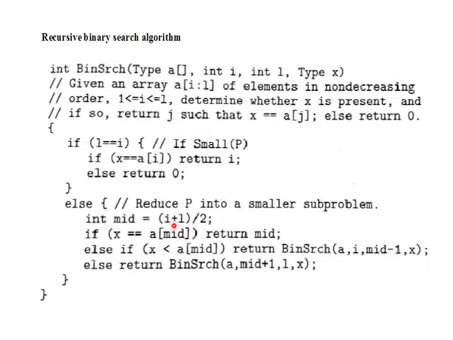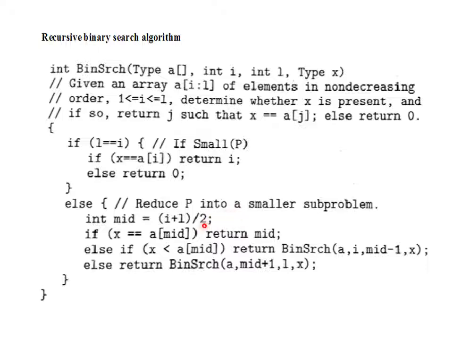In our example, n is equal to 8. The index value starts from 1, and the last, high value of the index is l, so 1 plus 8 is equal to 9. 9 divided by 2 is equal to 4. Because mid is an integer, we won't consider the fractional part.